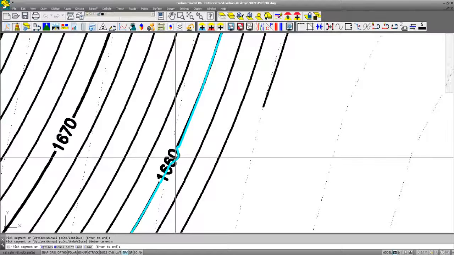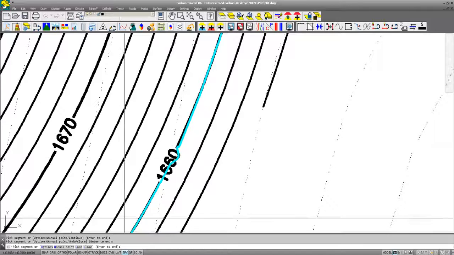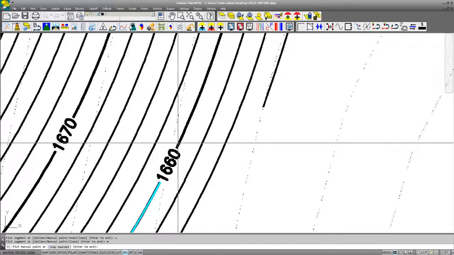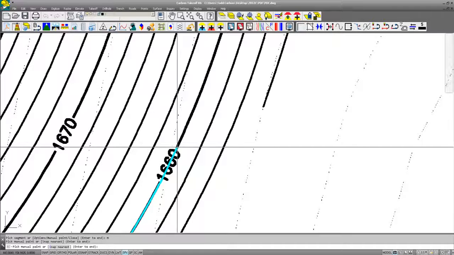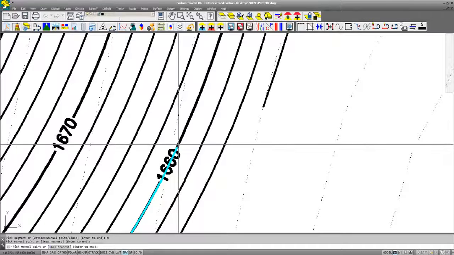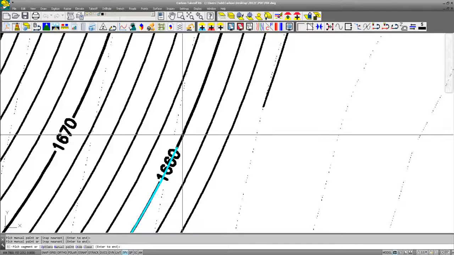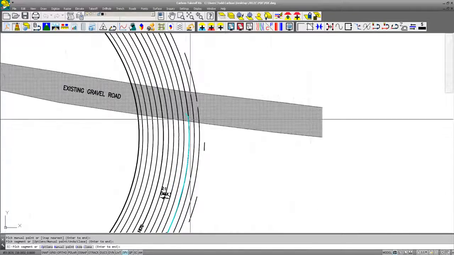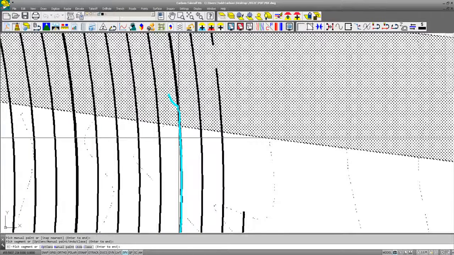So if that happens, we have different options here. There's U for undo. So I can hit U for undo. And what I can do instead is do M for manual point and pick across here. And now I can do enter to end and go back to just picking this segment. Okay, now it continues to follow it. It's gone a little too far, so I'm going to do undo again